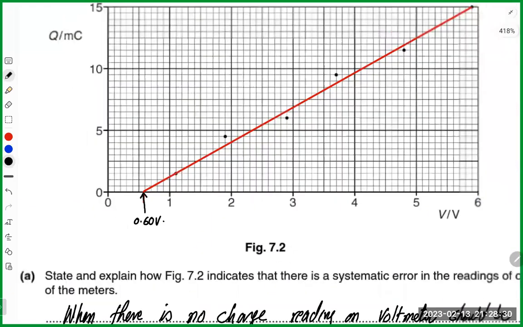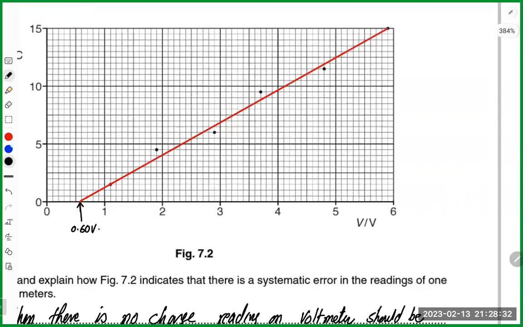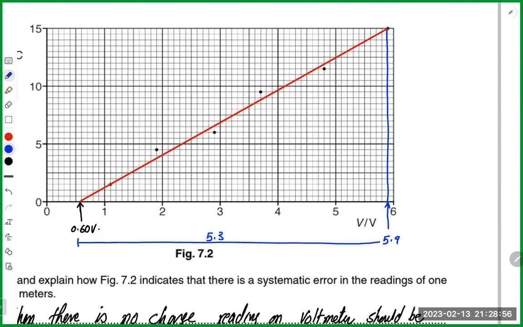We take a vertical line here, as big as possible is the best. So this value is 5.9. This is 0.6. So the run will be 5.3 and the rise will be,